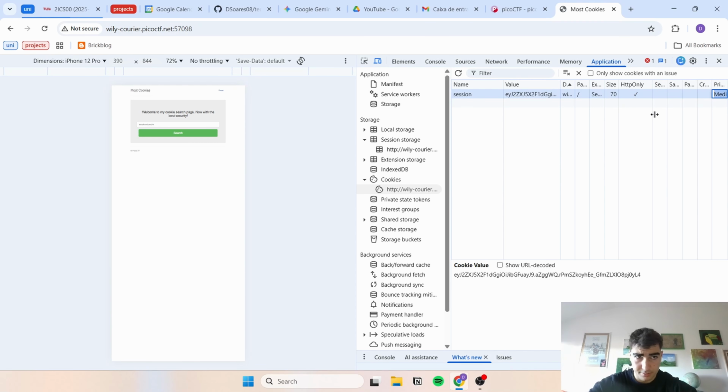HTTP only. Ooh, this could be a clue. HTTP only. It doesn't work over HTTPS. So it means that it's not encrypted, right? It's just the value itself is the value. So if I grab this and I